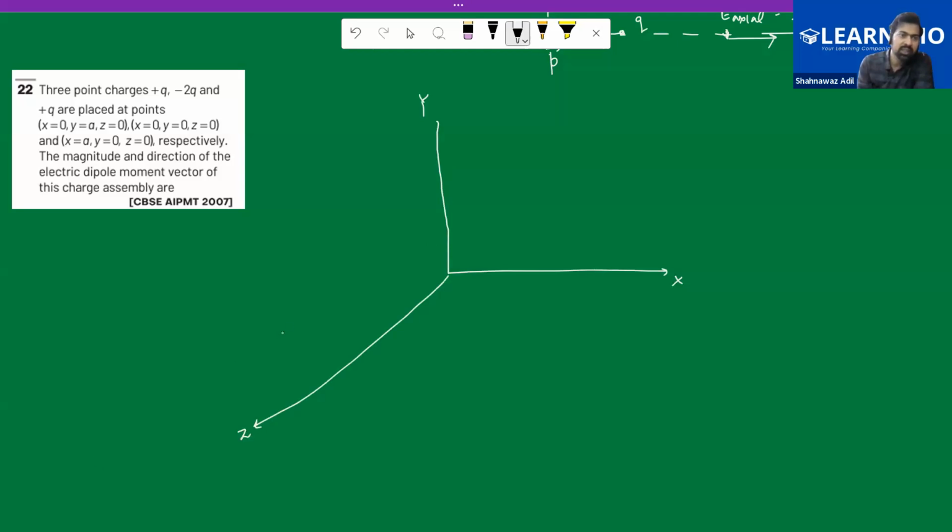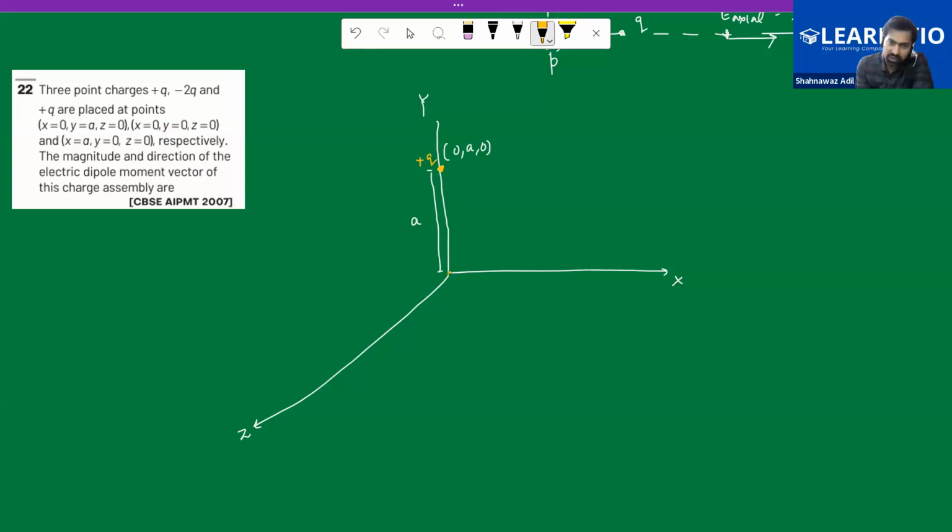So we have (0, a, 0), that is on the y-axis at a distance a, and at this point you have a plus q charge. And at (0, 0, 0),